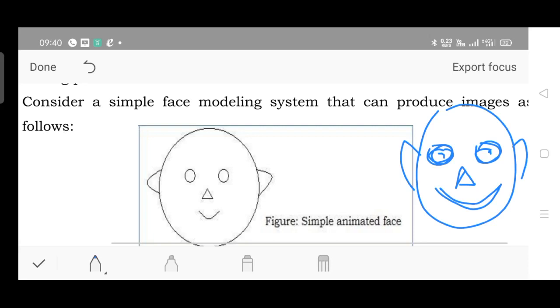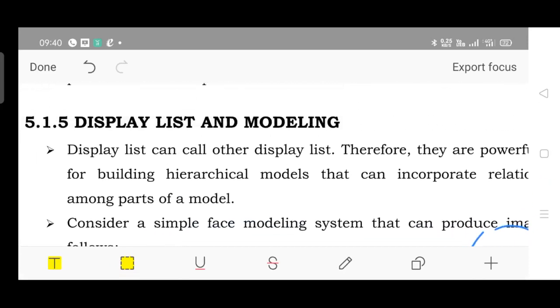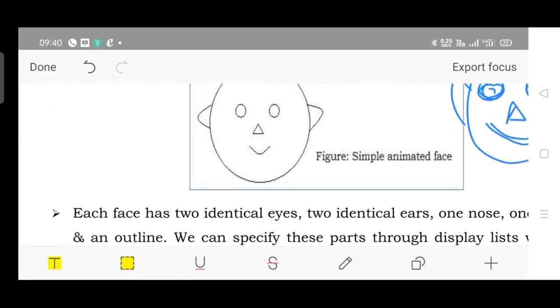So the same structure can be called twice at two different locations. Instead of coding it again and again, just code it once, store it as a list, and whenever you want to use it, just make a call of it. That's what we are going to discuss now: display list and its modeling.